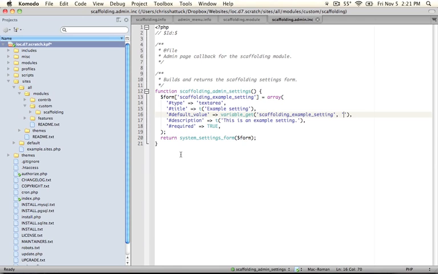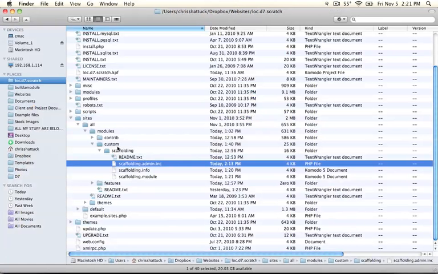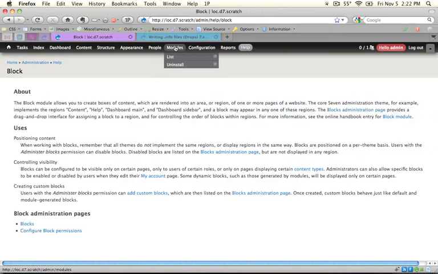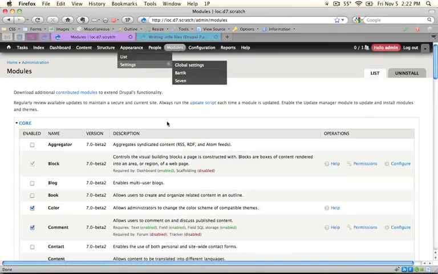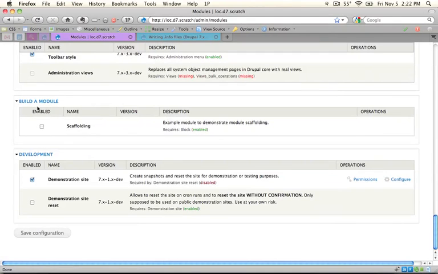So let's go ahead and see this in action. So we've already added our scaffolding folder to our custom folder in our Sites All Modules folder. Now let's go ahead and go to the modules listings page and enable it. I'm going to scroll down to the Build a Module grouping, and I'm going to enable scaffolding. You see here when we set the block module as a dependency for this module in the .info file, it shows up right here, and we get a green enabled, which means that we're good to go for installing this